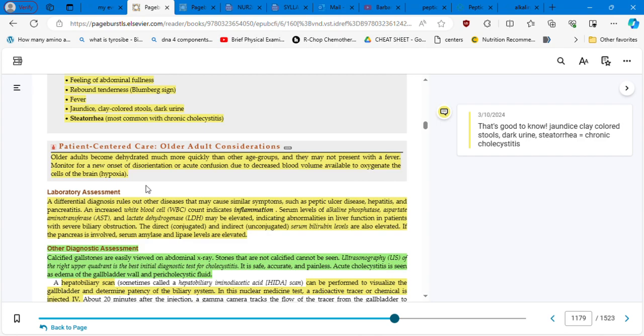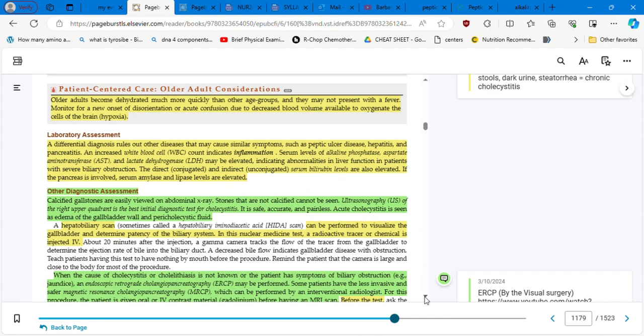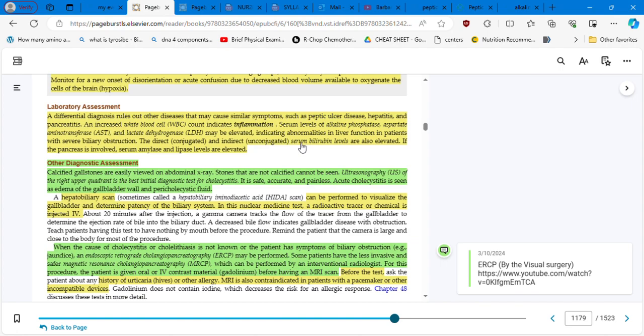Monitor for a new onset of disorientation or acute confusion due to decreased blood volume available to oxygenate the cells of the brain, hypoxia. Laboratory assessment, you are going to find sometimes